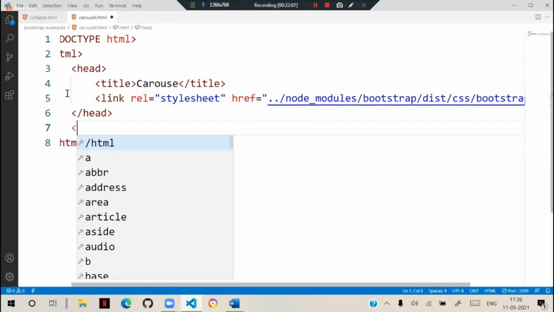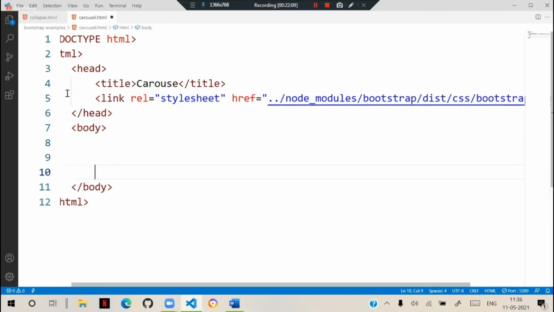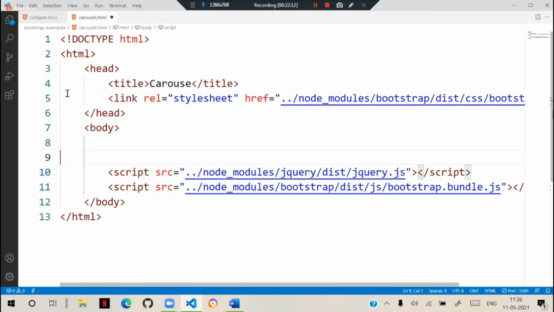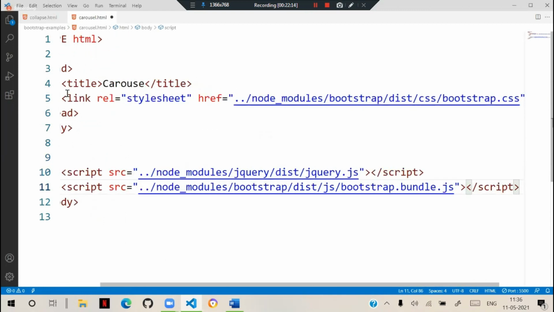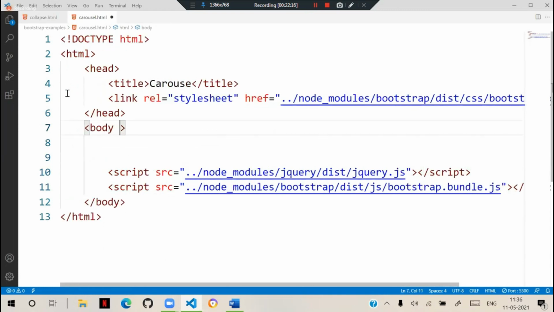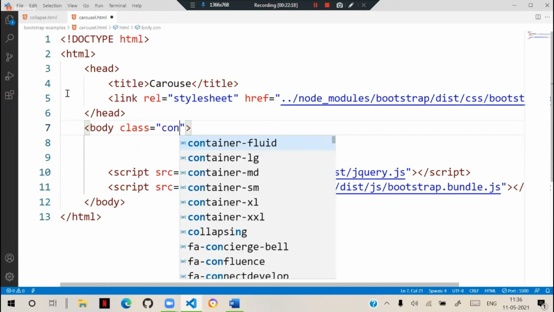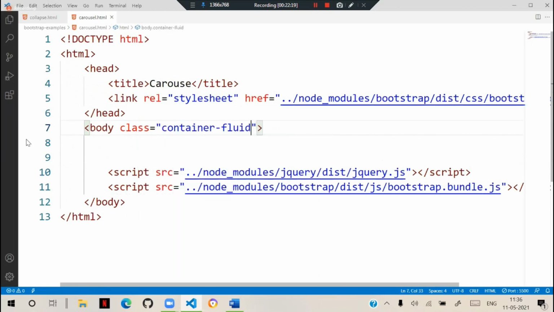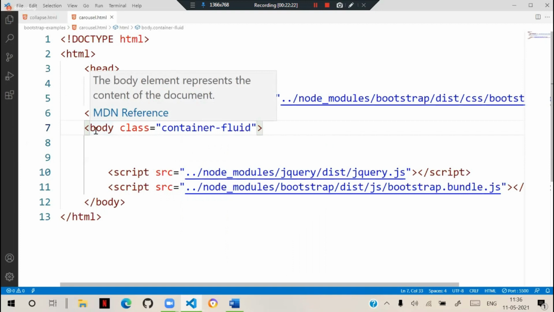In the body section, we keep these scripts, which are the same, no change. And the class is container-fluid.